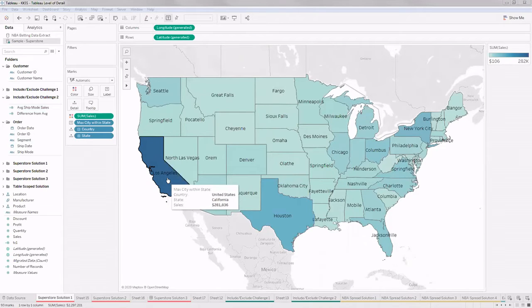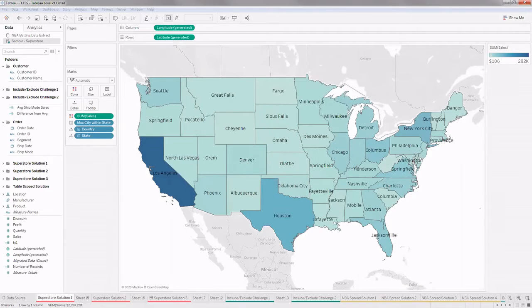So we need to show only the city that is having maximum sales in that particular state. For example, this is the state of California, and in this California state, we only have a city called Los Angeles that's having the maximum sales. So we need to display that particular name across all the states, which is having the maximum sales across all the cities in that particular state. Let's see how we can do that.